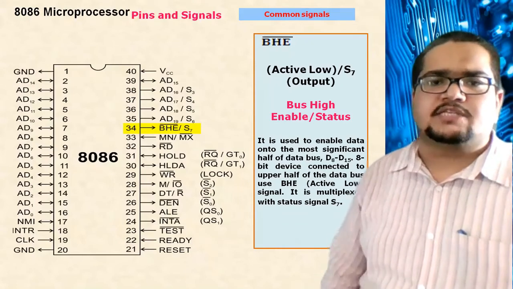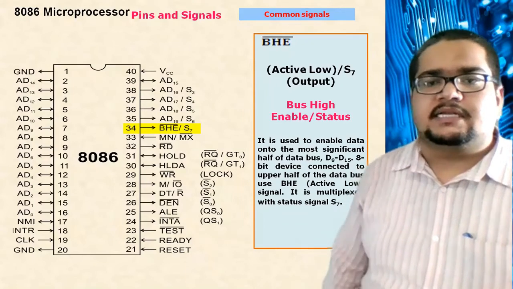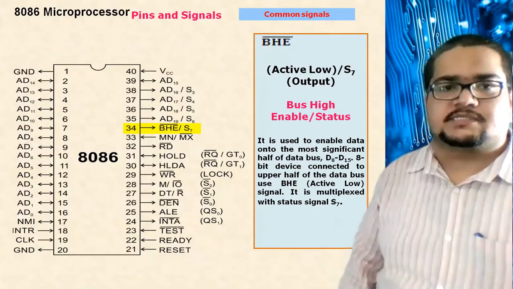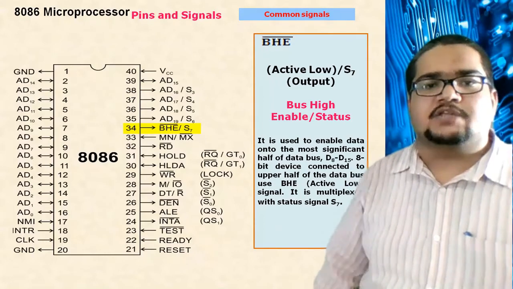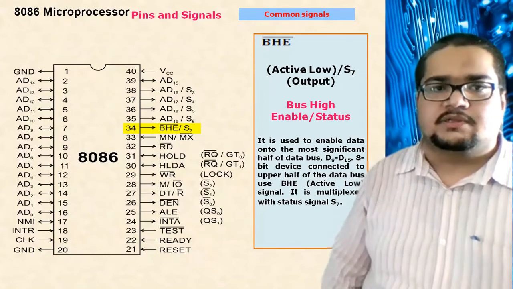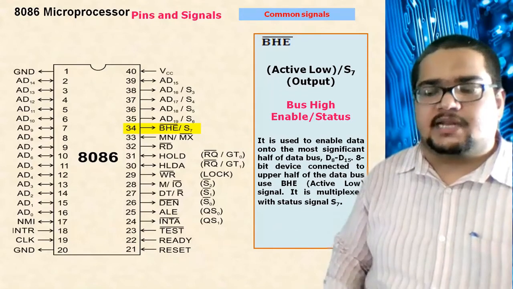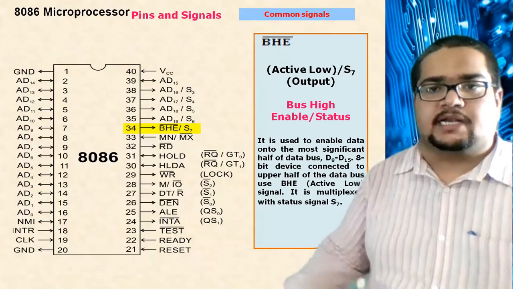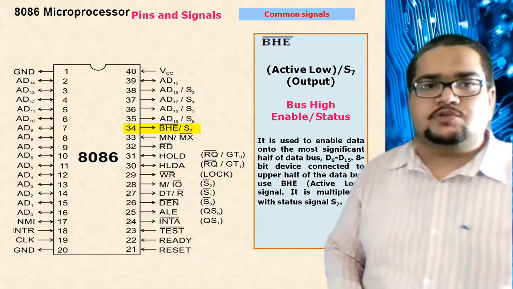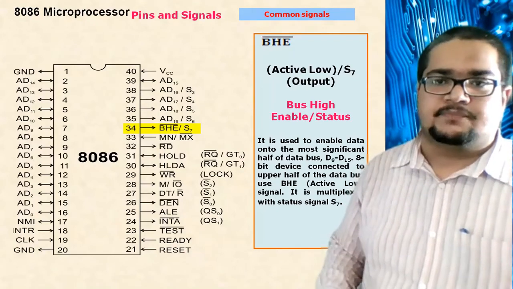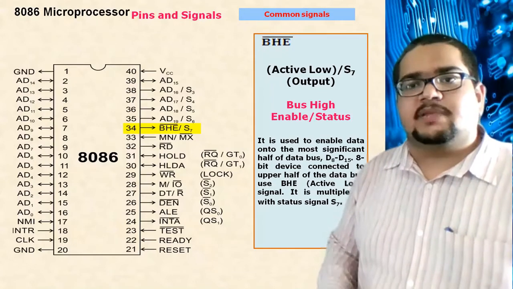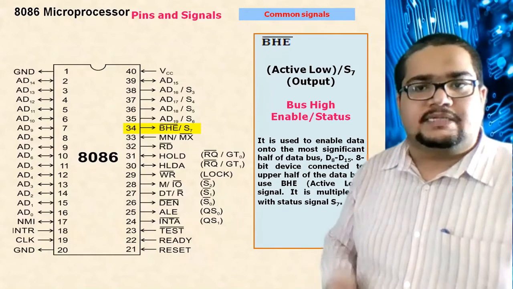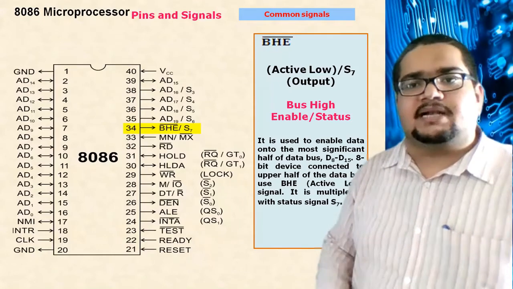And BHE bar is obviously what type of signal? Is it an input signal or an output signal? From the arrow you can check it out. For all the individual pins, from the arrows you can check whether they are input or output. Address needs to be communicated only from the processor to the IO devices and memory. So outside, when you check all the address lines alone, they will be pointing outward. But the data transactions will be in both directions. The data can come in and the data can go out. So the D lines, D0 to D15, will be bidirectional.